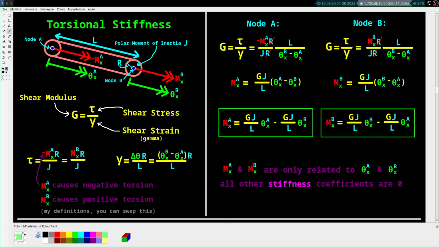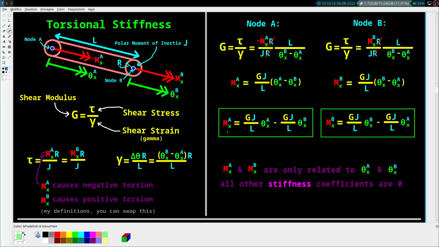Again, instead of being length, it's just the total angular change. So instead of it being ux minus ux, it's theta x minus theta x. So theta b minus theta a times r over L. Now, if you look, these both have an r. However, when you plug them into this expression here and take the stress over the strain, the r is canceled out. Then you can solve for the moments, pull out the degrees of freedom, and you get this kind